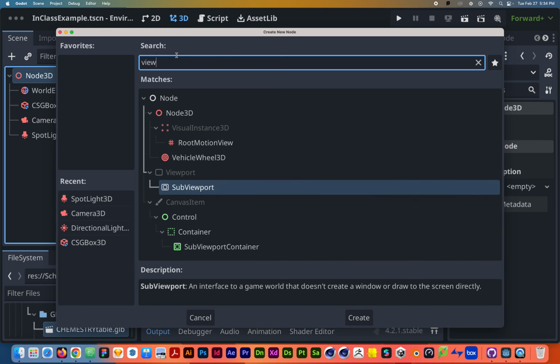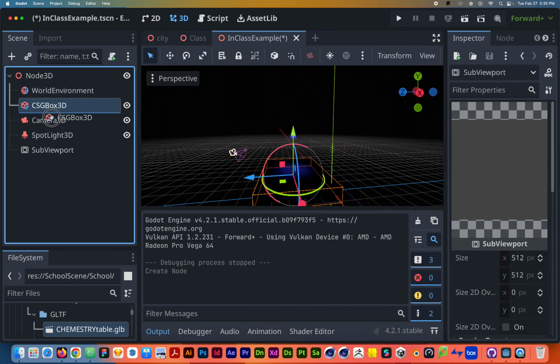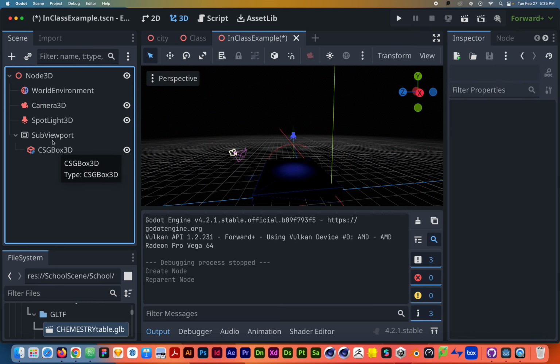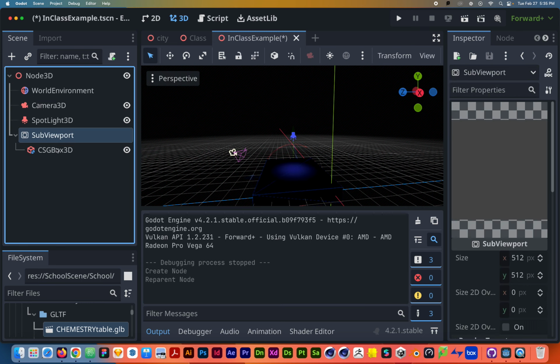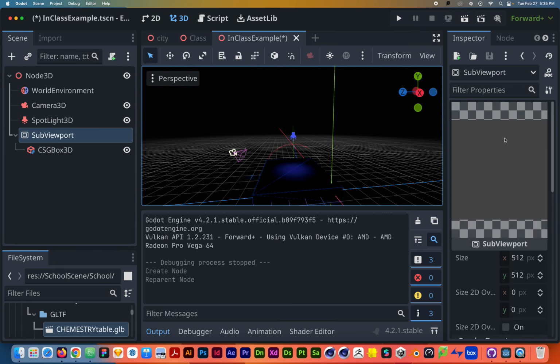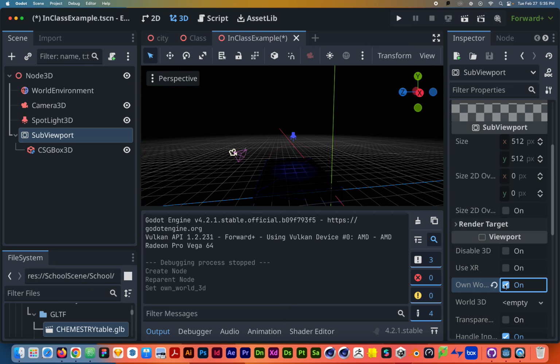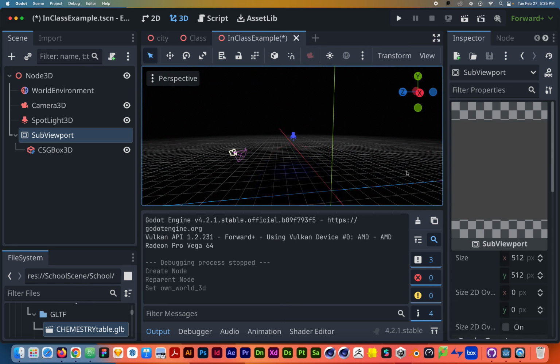Okay, that's going to sound abstract, but if we create a sub-viewport, and then we put this box beneath that sub-viewport, you'll see, is this actually going to work? Let's see. I'm going to make the sub-viewport its own world, and now you'll see,